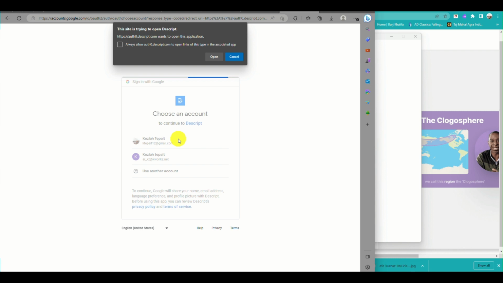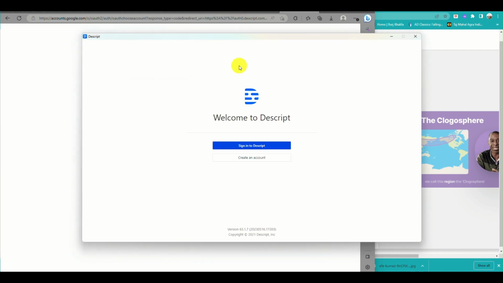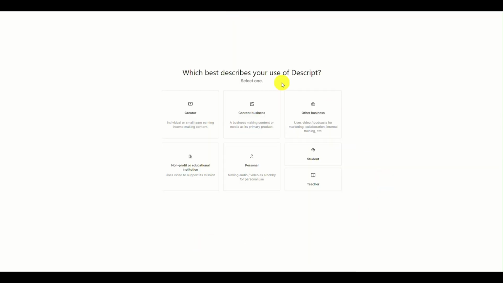Here, just click on open. Once this pop-up appears on the top part of your screen, just click on open, and then it will automatically route you to the application that you installed. So when I click on open, it will take a while, and then when I click on the application for Descript, it will route you to the home page where they will ask you